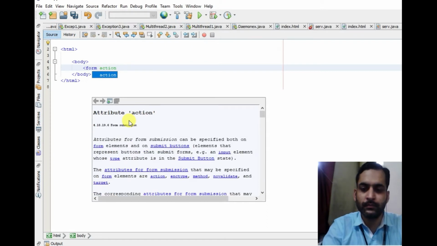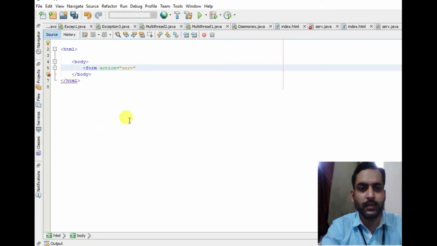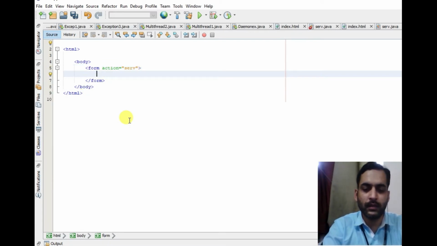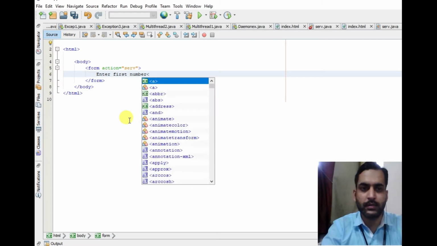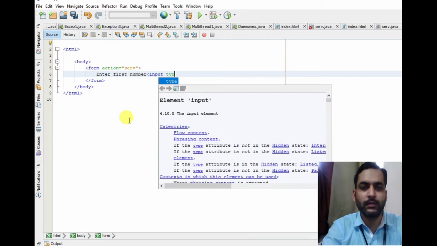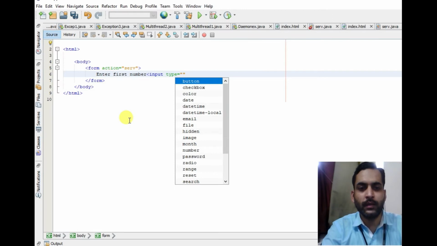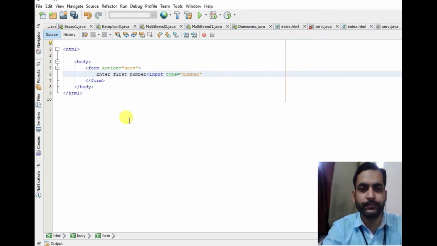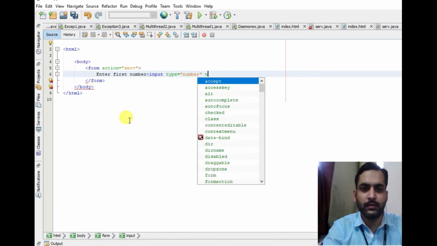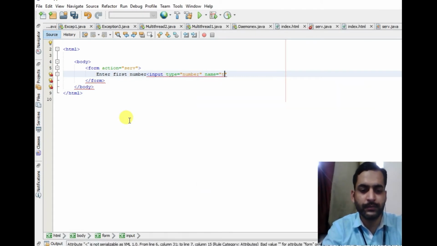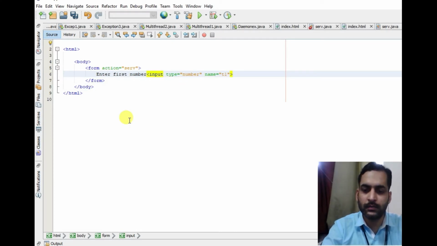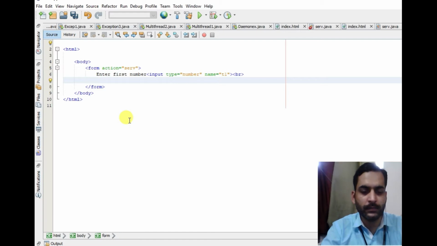Action is equal to serve. Now create, enter first number. Create the first text box: input type is equal to number, name is equal to t1, and use br for the next line. Let us copy paste this in the next line.